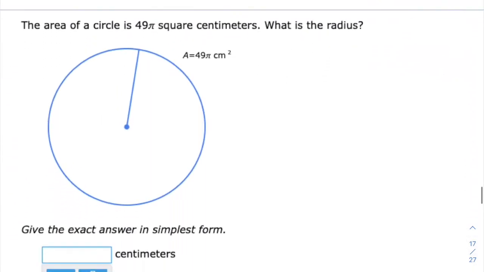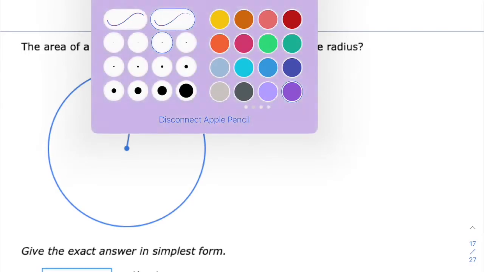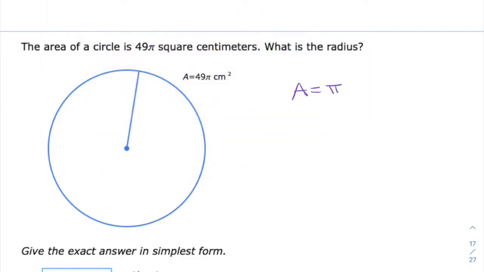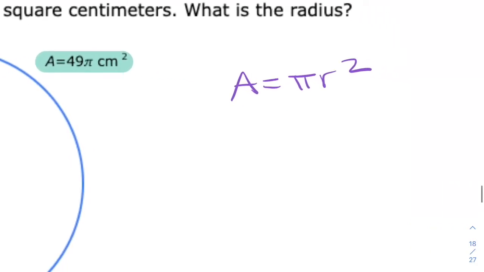All right. Now, some of these we might have to work backwards. So for instance, what would the radius be if I already know my area? Okay, I need to write the area formula out. So area equals pi r squared. They already told me what my area is. Okay, the area was given. So I need to substitute area in where I see area in my equation. So I have 49 pi centimeters squared